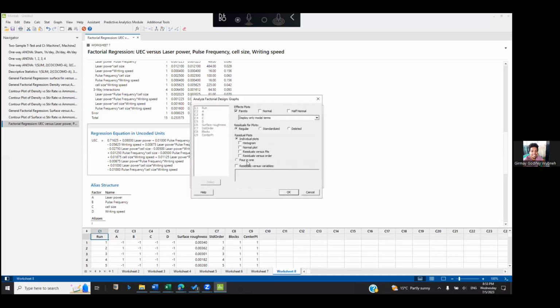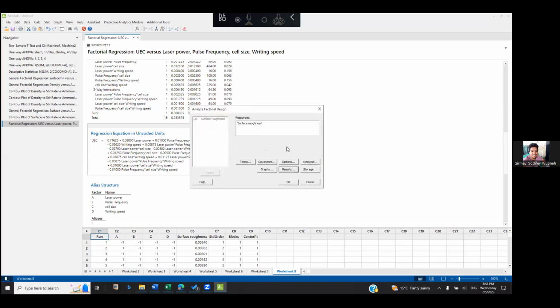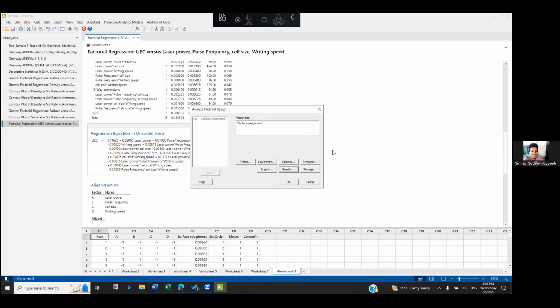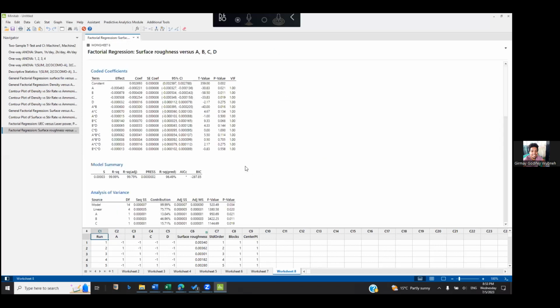Okay, and graph for in one. Our results expanded table. Stepwise. Okay. So the question is